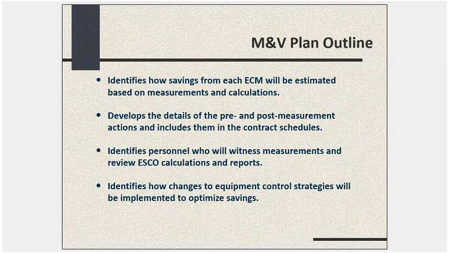In the plan outline, and this is typical and congruent with what NORESCO did for this, each ECM will have its own estimate based on measurements and calculations of what the savings are going to be. But then there'll also be the details of the pre and post activities. Here's what we did before the ECM was put in to establish baselines, and here are all the post-measurement actions we're going to take, and those will all be laid out in the M&V plan and in the other